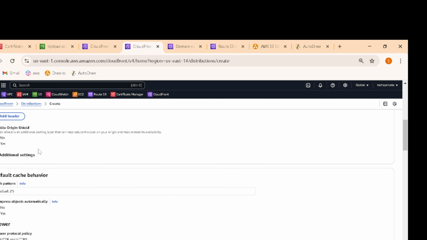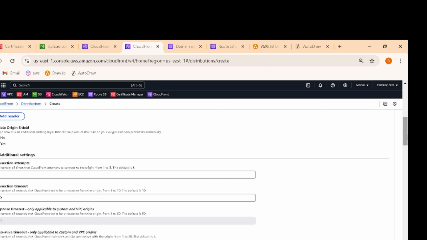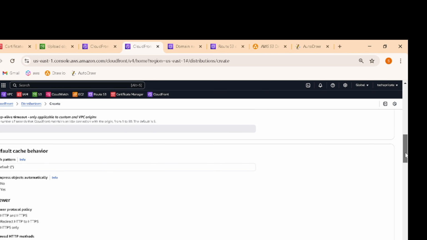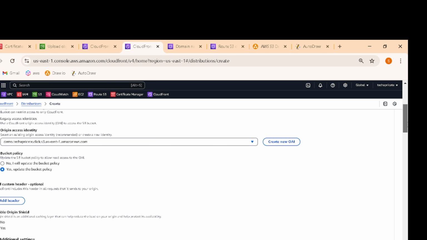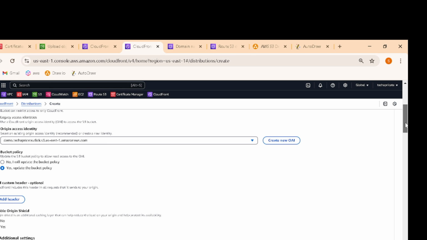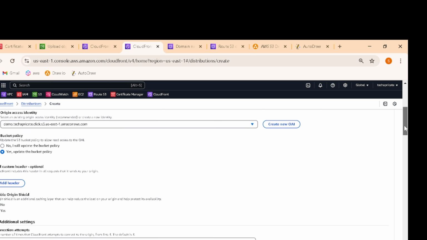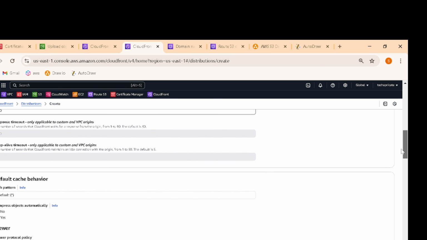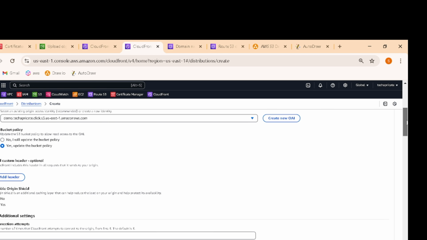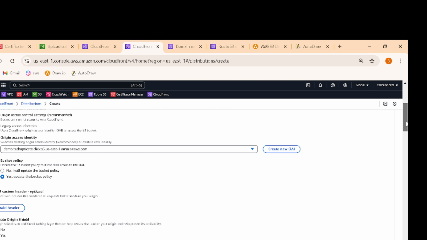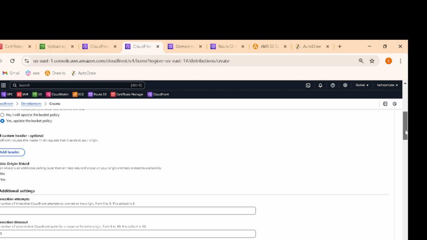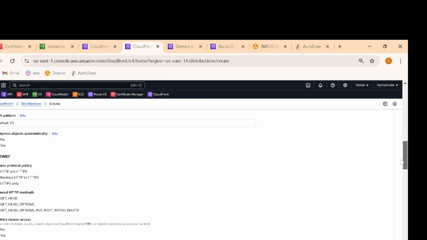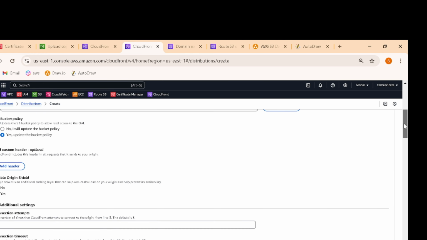Then next, if I go to additional settings, no need to change anything here. As you can see, there are so many different options and configurations that you can have, but I'm going to use the most important ones and leave the others as default. If you have more time, you can explore all of these options one by one, but it's going to take a lot of time. I don't want this video to become too long. So I'm going to use the default options, and one option I want to use, if you just